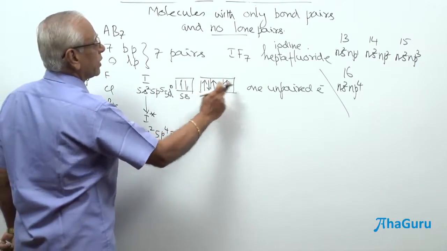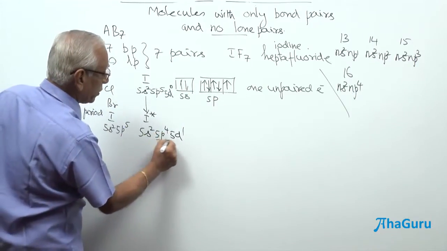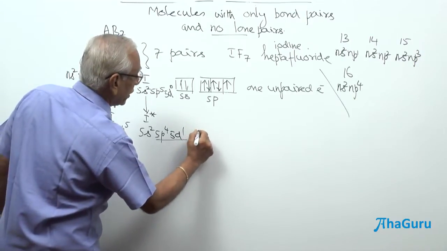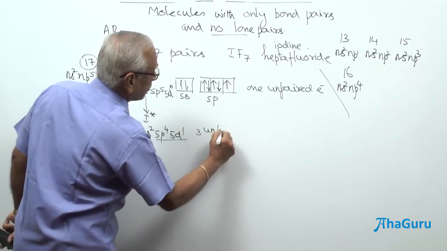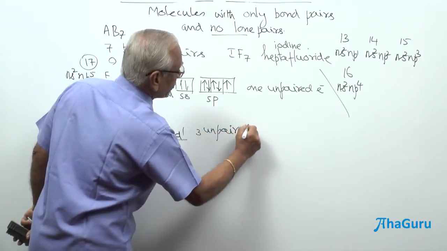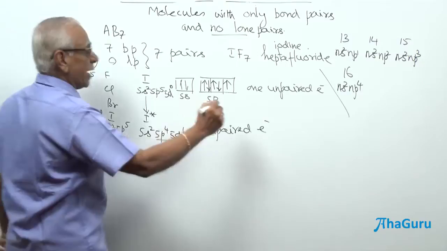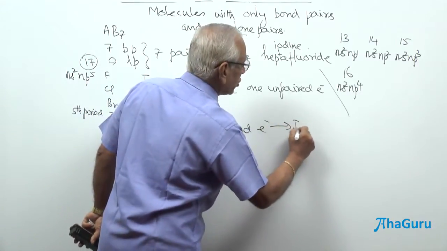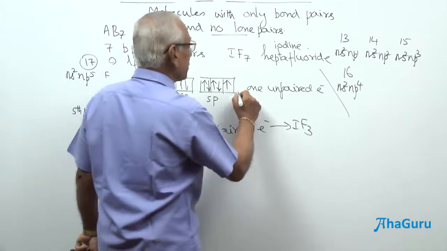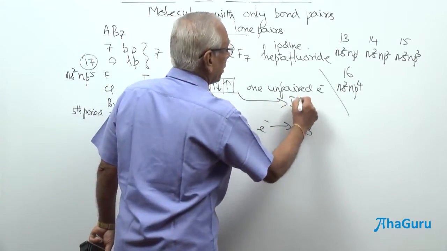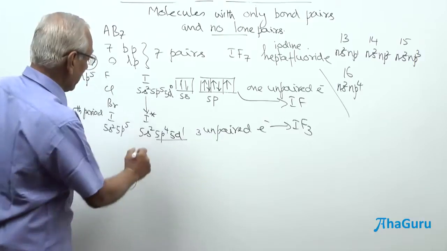In 5p4, 1, 2, 3, 4, there are going to be 2 unpaired electrons, and therefore on the whole it is going to give you 3 unpaired electrons here. And these 3 unpaired electrons should combine with 3 fluorine atoms, probably that should be responsible for the formation of IF3, and the ground state should be responsible for the formation of iodine monofluoride. Now you see here,